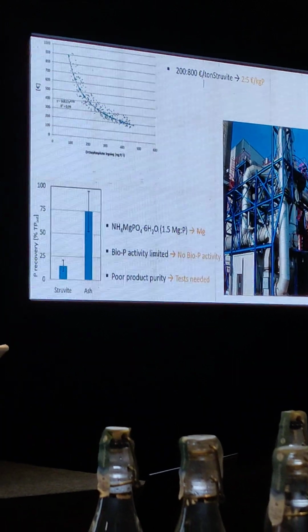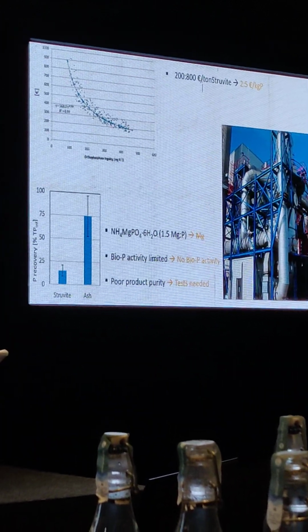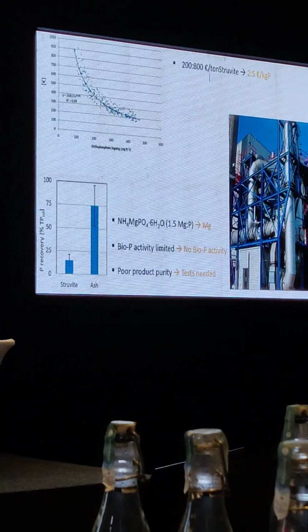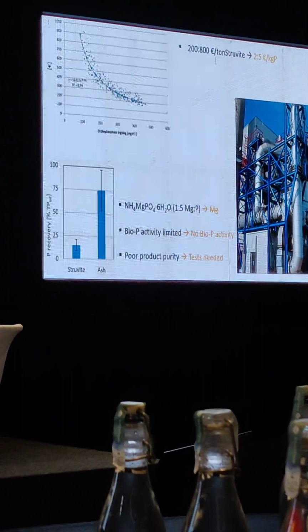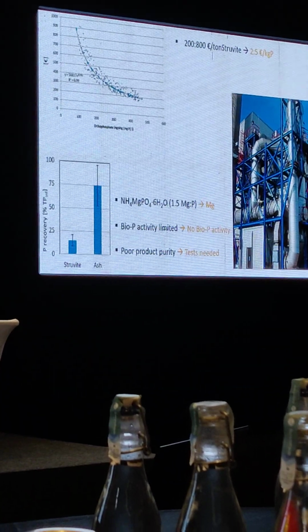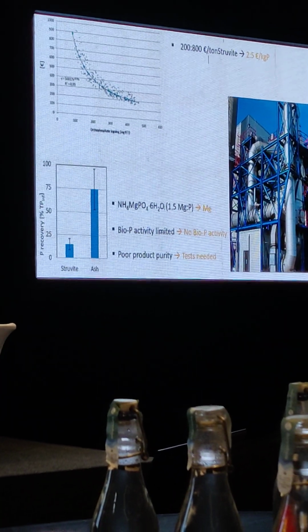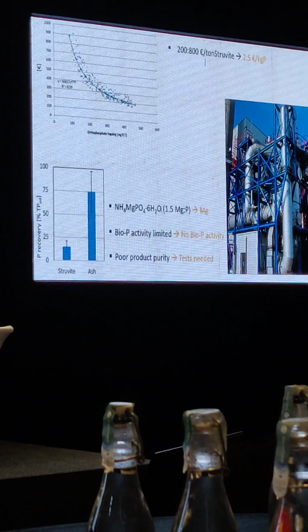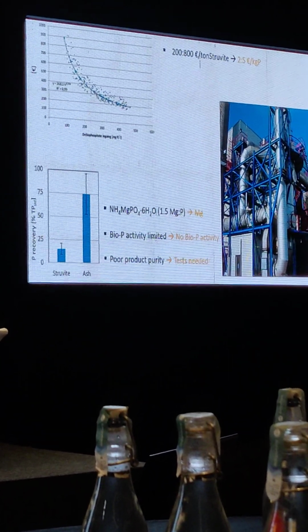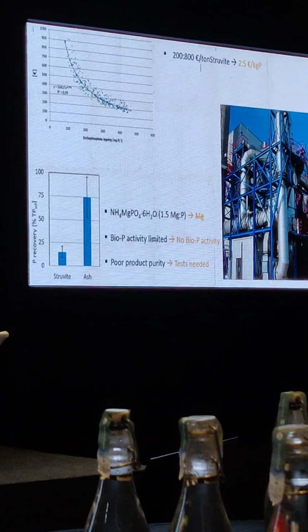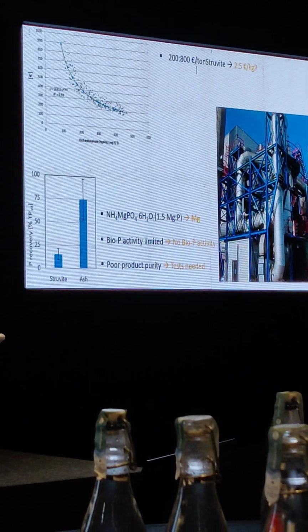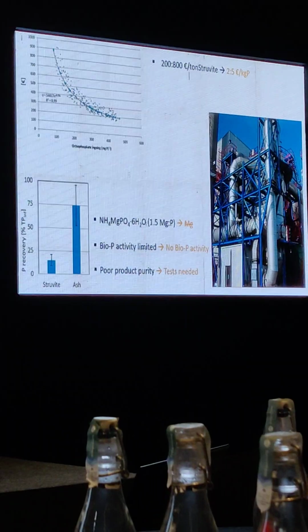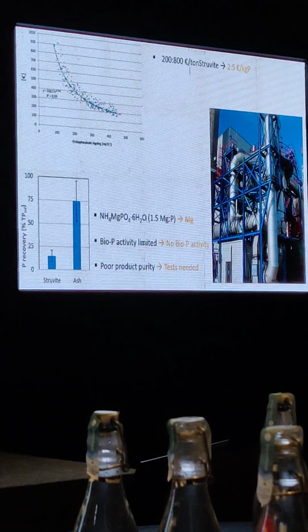But there are some other important aspects of struvite recovery. The effective molar ratio of magnesium to phosphorus is 1.5. It's pretty high, and this contradicts the principle of circular economy. You want to recover phosphorus, but you're digging magnesium from the soil, and that's not good. Also, it would need a BioP activity that would be properly working, and who is going to assure us that there will be enough BioP activity in the wastewater treatment plant as such.